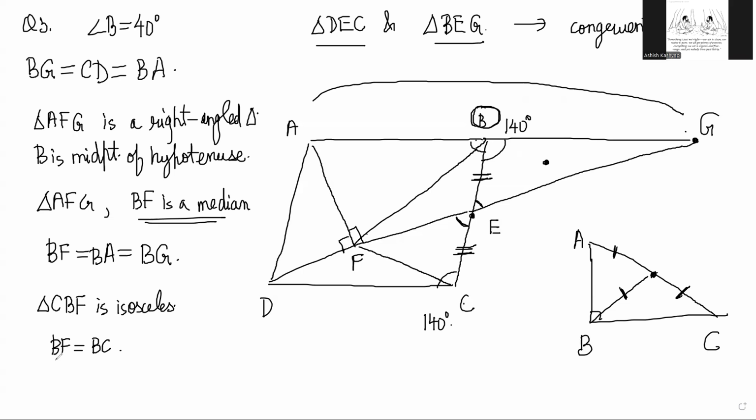And we can also say the same for triangle FBA. That is also isosceles, because there also BF is equal to BA, right? Yes. So angle